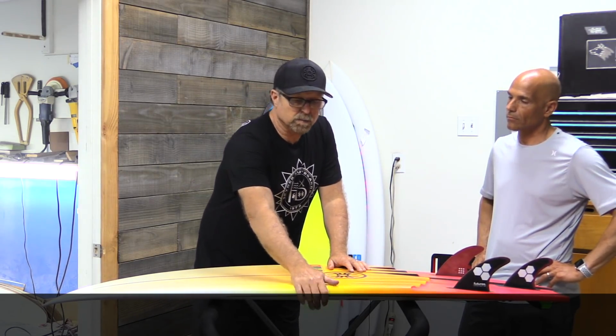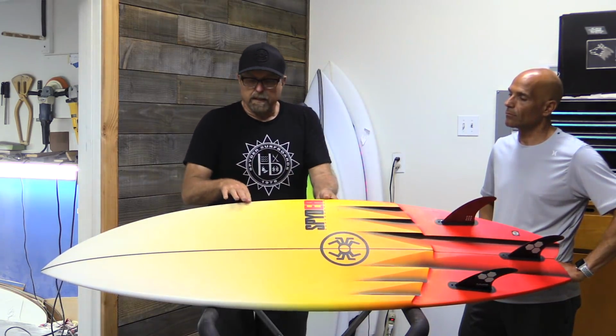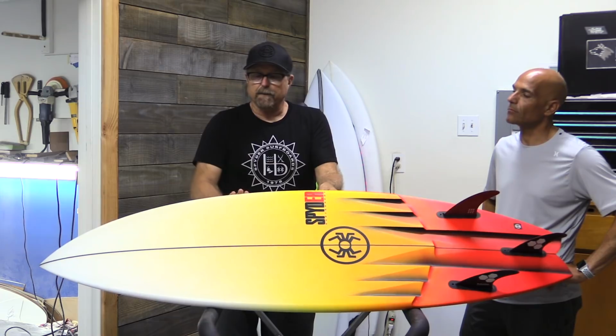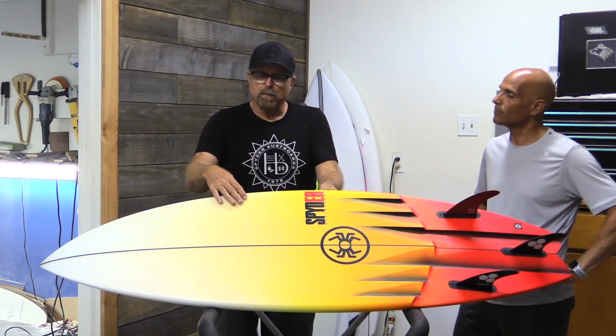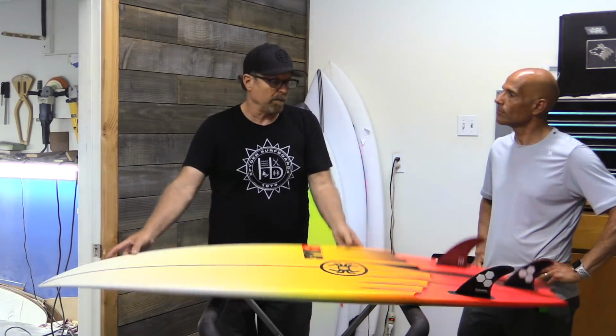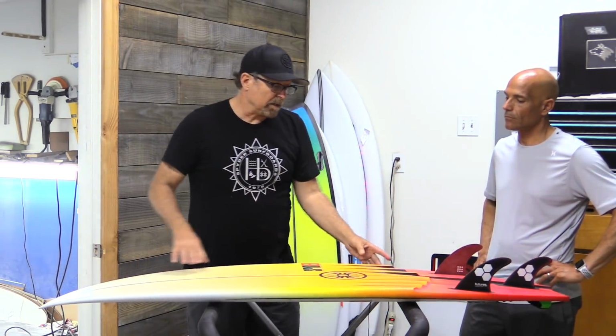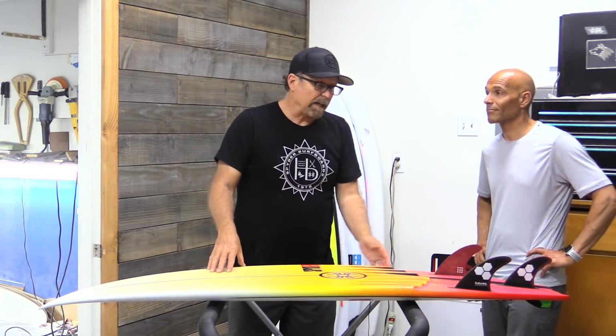So the apex is really low, but it's really super soft. And it's really relieved off of here. So the water is going to be broken free, and it's going to be a very forgiving rail from this point here to the tip of the nose. However, when we get to where our flex step is,